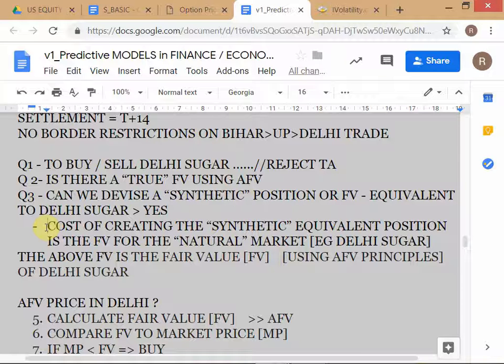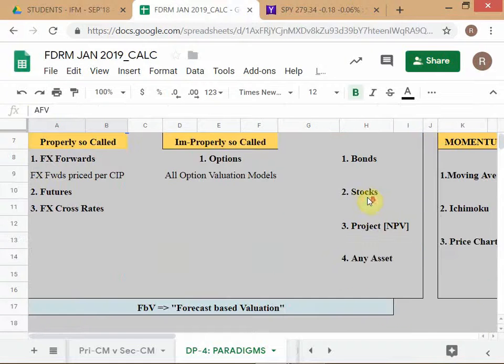So the principle of AFB, try to understand, because AFB after all stands for arbitrage free valuation. It is a valuation principle. Just like when you do this kind of forecast based valuation of a project, the valuation principle is that the fair value of the project is equal to the sum of the PVs of all the future cash flows. That is the principle that you're using. That's why you write that equation and compute the value of that equation, right? That is the principle that you're using.